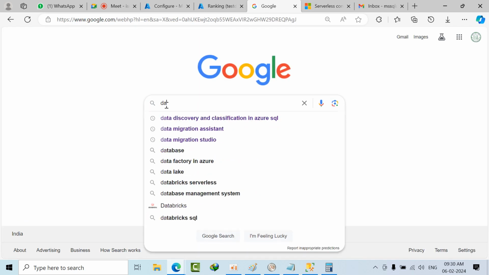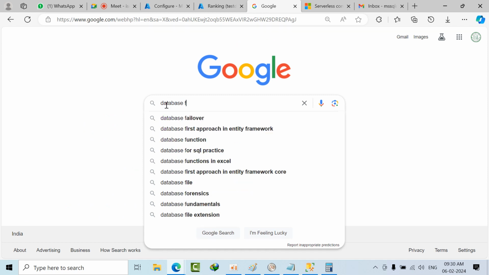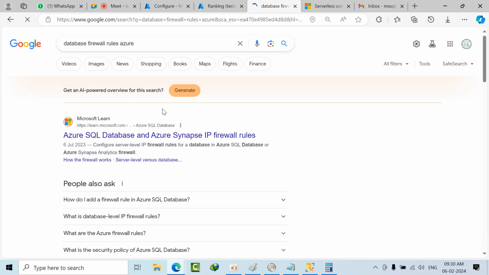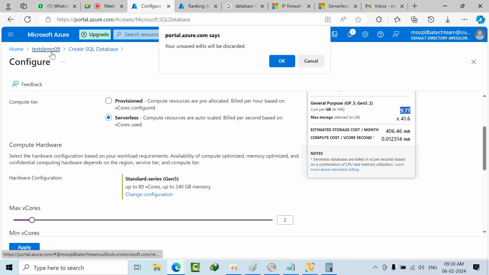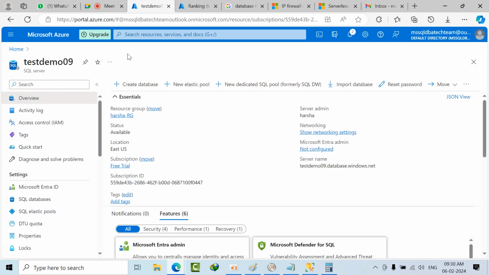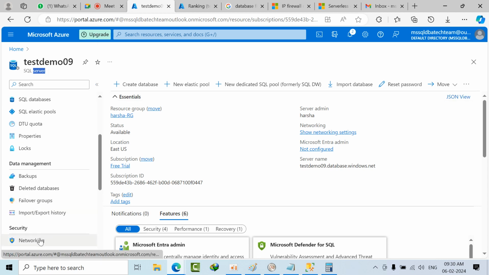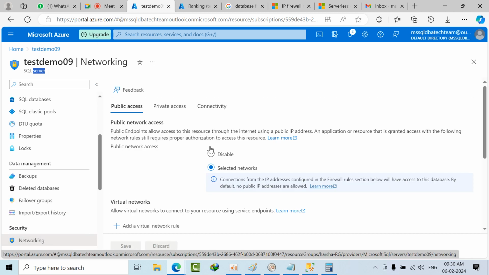Now we will see database firewalls. So now we have two rules: server level firewall rules and database level firewall rules. Now I click that. Am I in the database or am I in the server? You are in the server. So if I go to networking here,